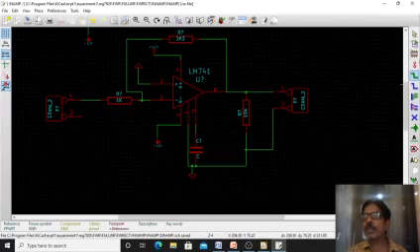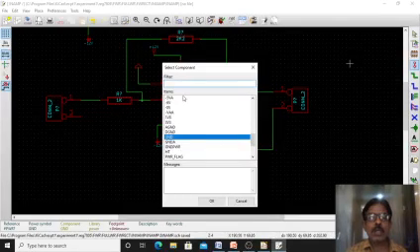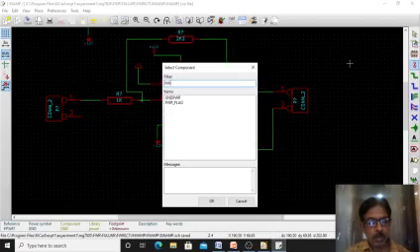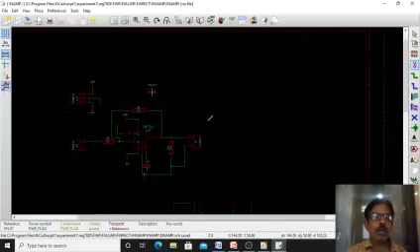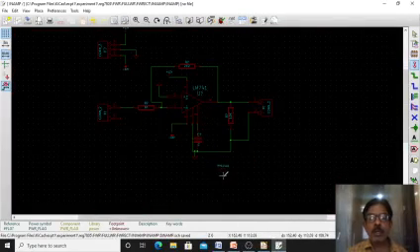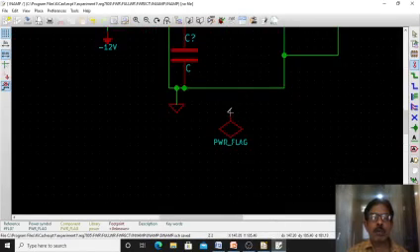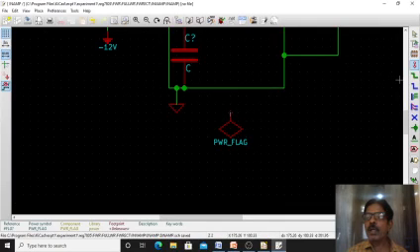So let us take the power flag, which is also present here. You just list all, then you can type here PWR. This power flag you can take. As I have told you, a power flag should be connected everywhere, wherever ground and power supplies are there. So one ground is here. I will connect one power flag here, for example. So take the wire, and connect this power flag here. One is connected to ground.